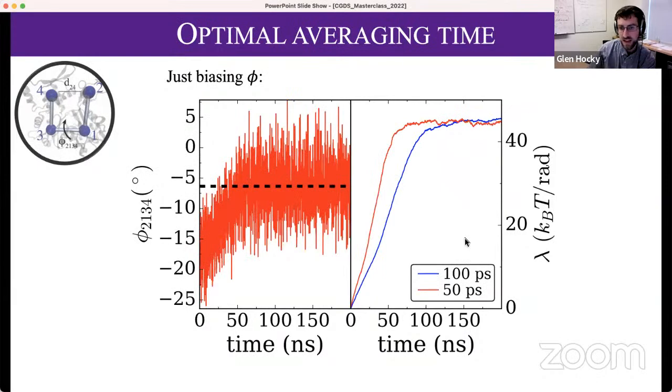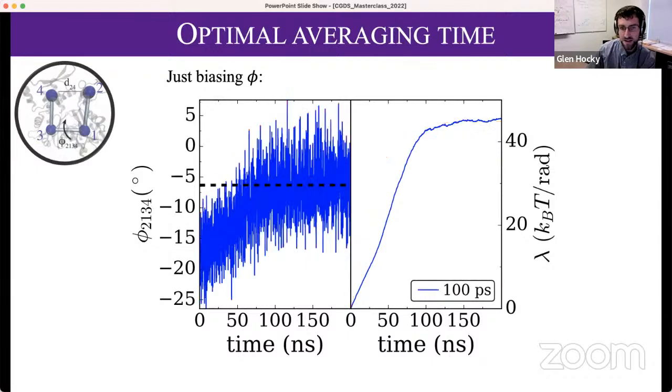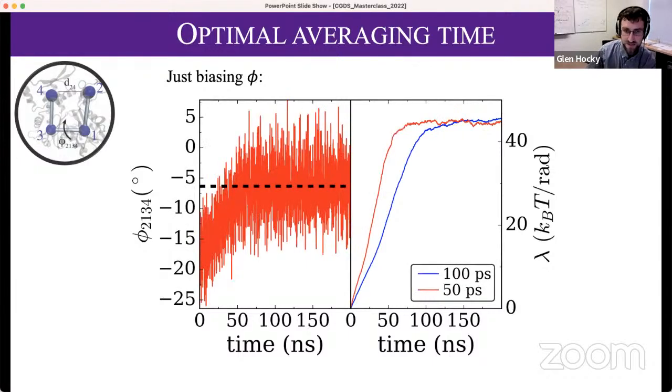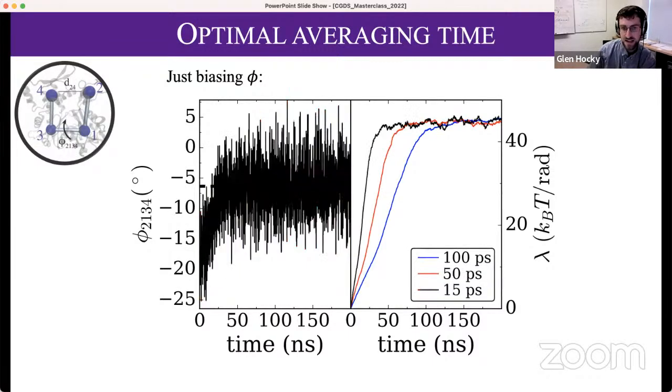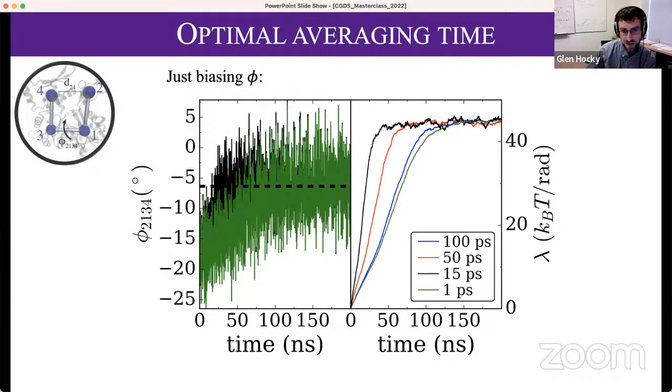So first, there's an amount of time to sample that you have to choose. And I found that if you shortened it, for example, it actually sped things up a lot. And if you shortened it more, it sped it up even more. And if it gets too short, then it doesn't have a good estimate of the value you're trying to bias. So that went bad. And so there's sort of a Goldilocks situation where you have to make a guess, but also try to optimize your pace in order to get the quickest averaging,